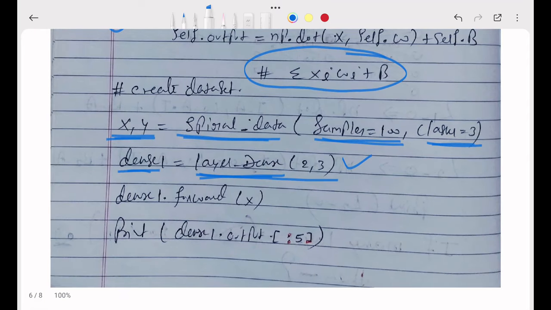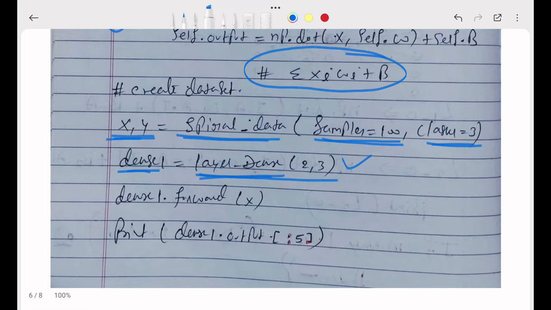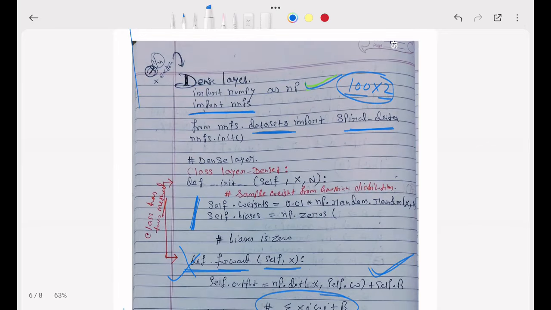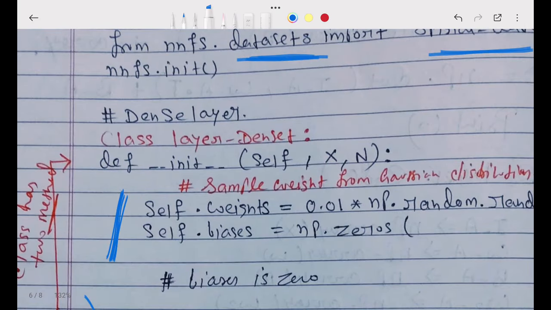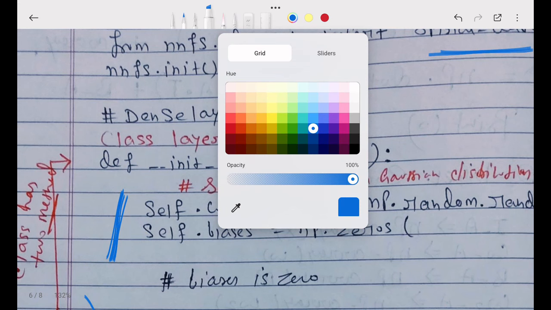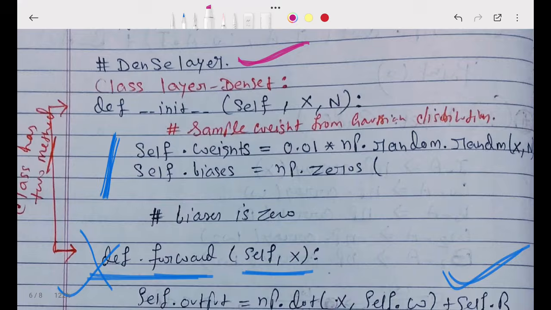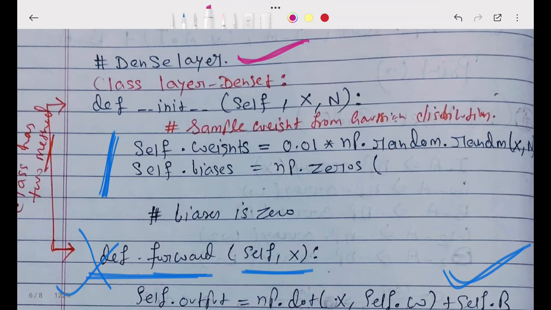So we are calling the dense layer. What is the dense layer? Dense layer is this one. Whenever we are calling the dense layer, it will take the sample weights randomly.